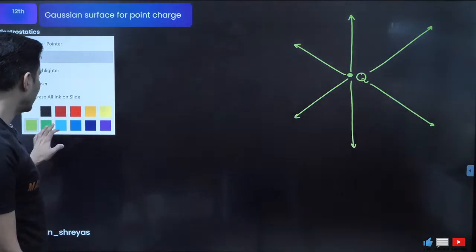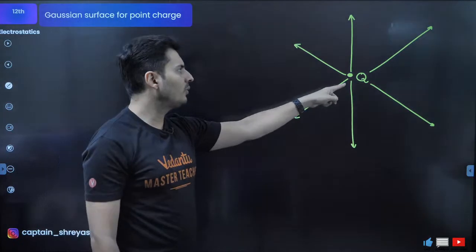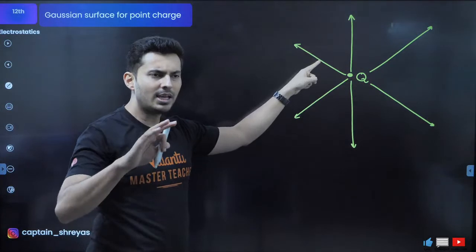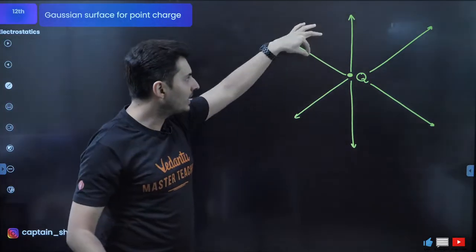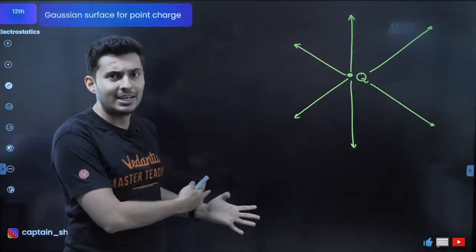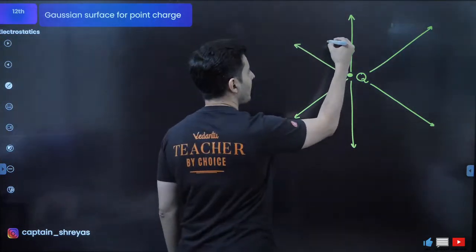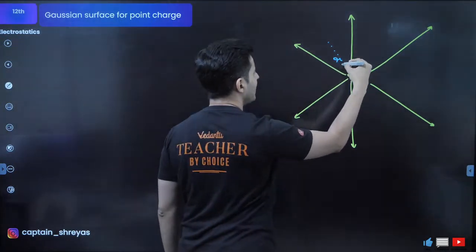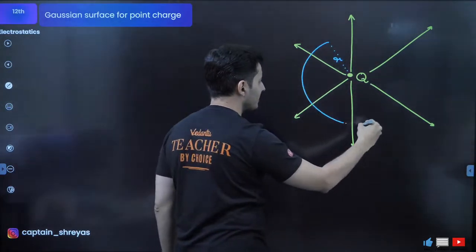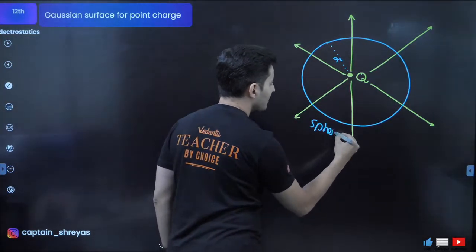I will try to find the electric field at some distance r from the charge. Because I want to find the electric field at some distance from this charge, I know maybe I can use the Gaussian law. Maybe that electric field can lie on the surface. Maybe via some formula or some integration I will get it. So because I want to find the electric field at some distance r from the charge, how about considering a Gaussian surface which is also a sphere? This is basically a spherical